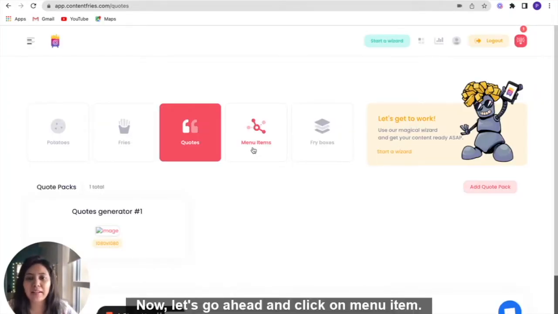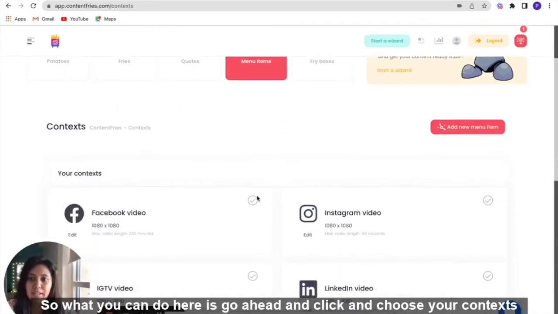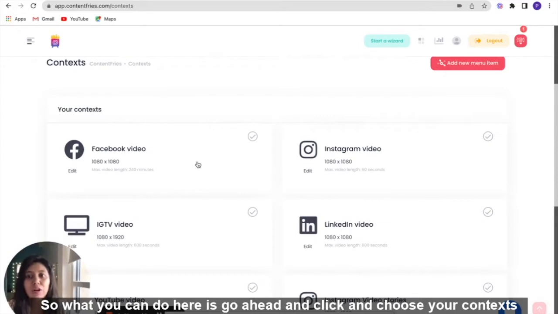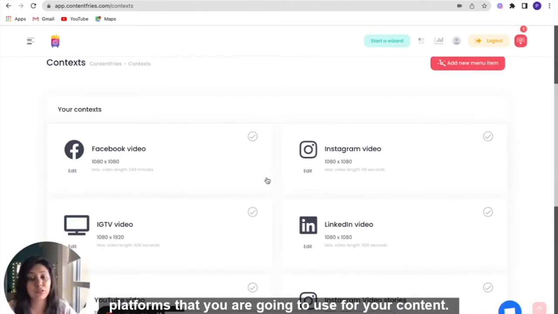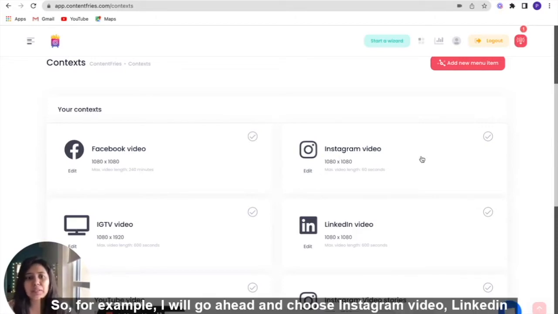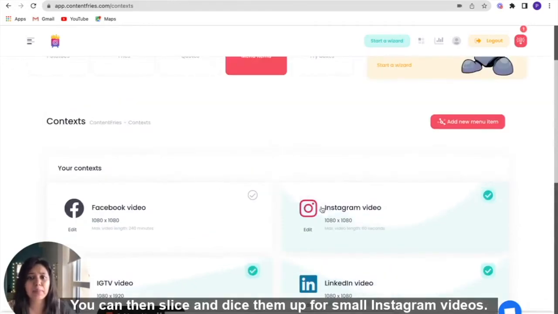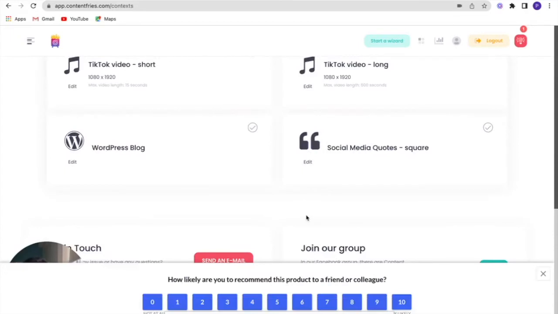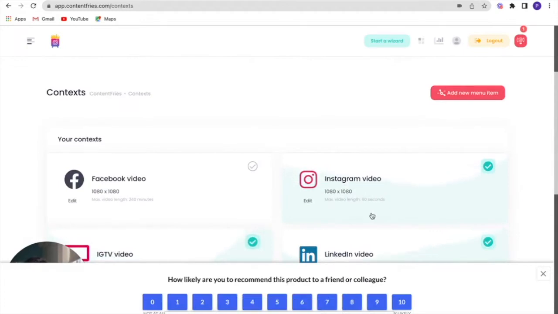Now let's go ahead and click on menu item. So what you can do here is go ahead and click and choose your contexts. By context, what they mean is the various forms of video content platforms that you are going to use for your content. So for example, I will go ahead and choose Instagram video, LinkedIn video, IGTV video. So if you have a YouTube video as a pillar content, you can then slice and dice them up for small Instagram videos, Instagram video stories,